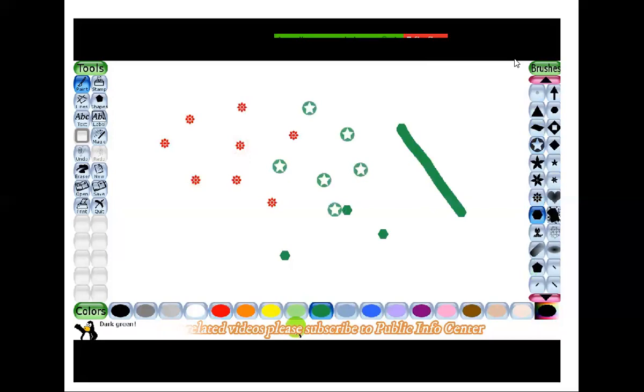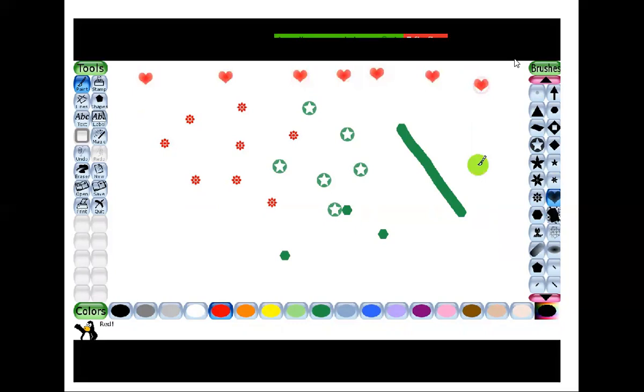Suppose I change, you see, these are all ready-made brushes. You see, heart shape, triangle, other color.